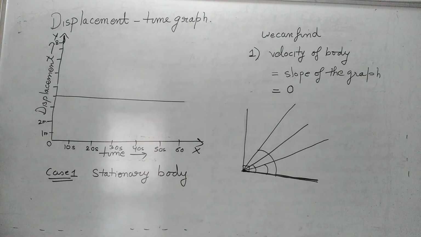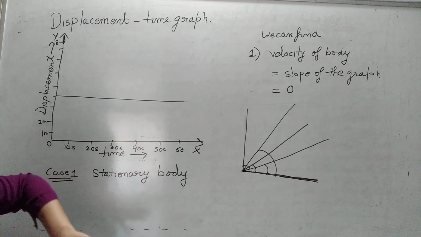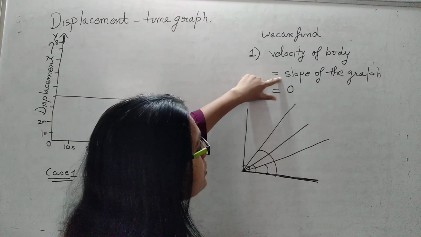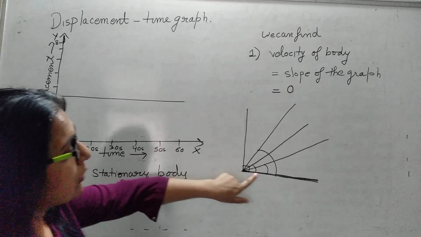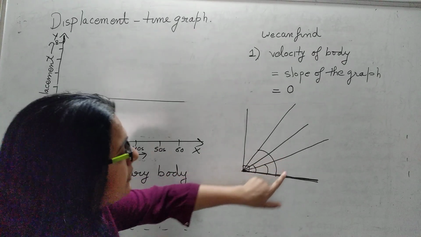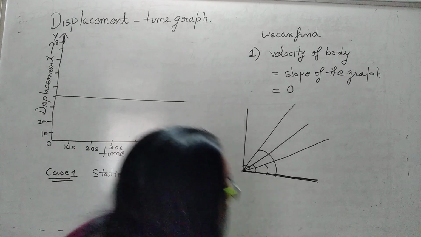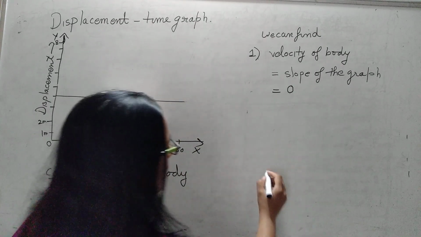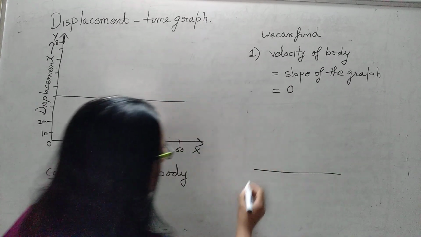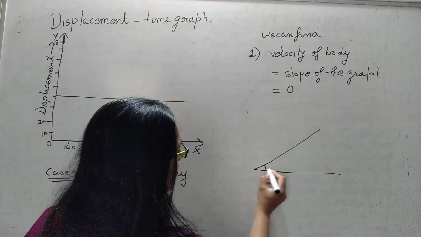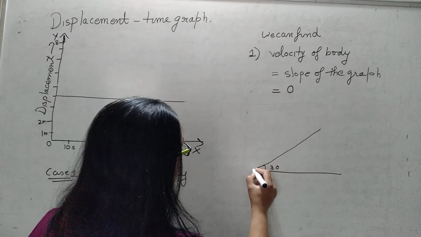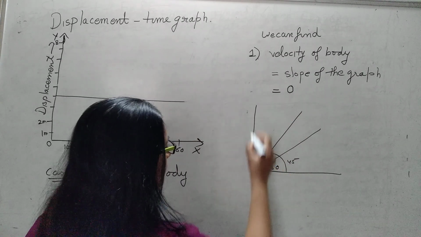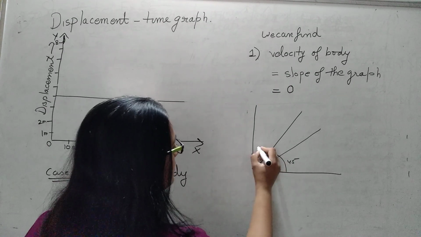I am repeating it again. From the displacement time graph, how do we find the velocity of a body? It is always given by the slope. What is slope? Slope is the angle which a line makes with the horizontal. How much angle it is making, how much inclined it is. Horizontal, ये line है. Suppose this line, इसने angle कितना बनाया? Suppose 30 degree. You take this angle, how much angle? 45 degree. You take this, how much angle?